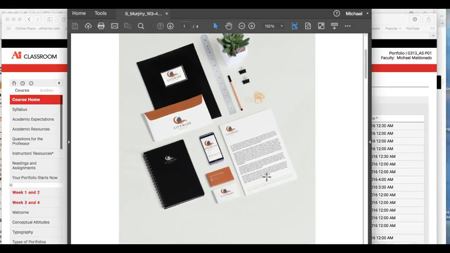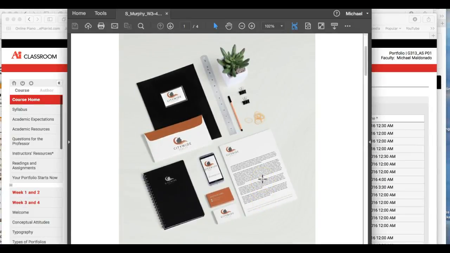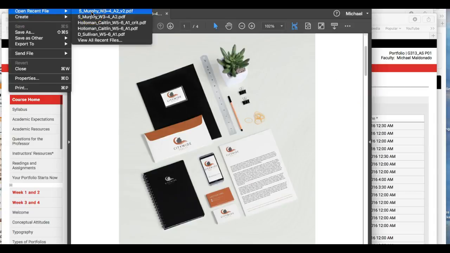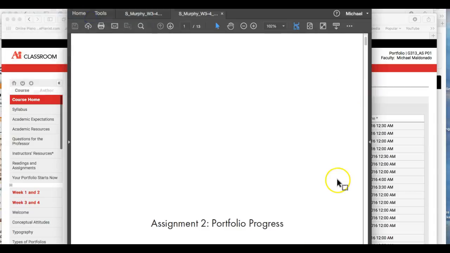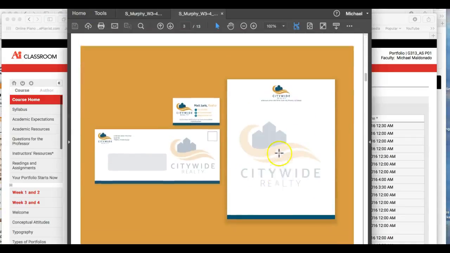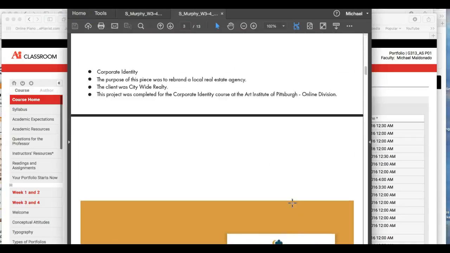I'll tell you something. One thing I love about these rendering mockups is that you really get a chance to see the work in action, so to speak. Okay, so when I was looking before, I just had it closed. Let me see if I can open it up right quick here. Open recent file. I think this is it. It is cool. So here, the way that you have it mocked up here,